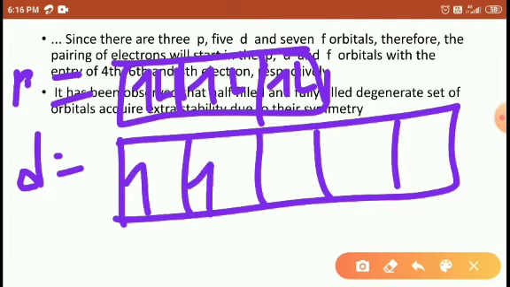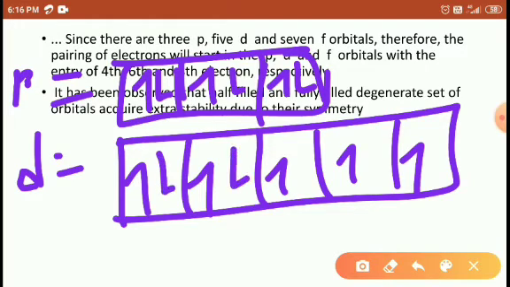So first we have to fill singly. Why do we fill singly? Because the orbitals have equal energy, which indicates that they must be filled equally. Since all are equal, they are degenerate. This is what we call a degenerate orbital. Then the extra electrons are filled in again. Right, students?